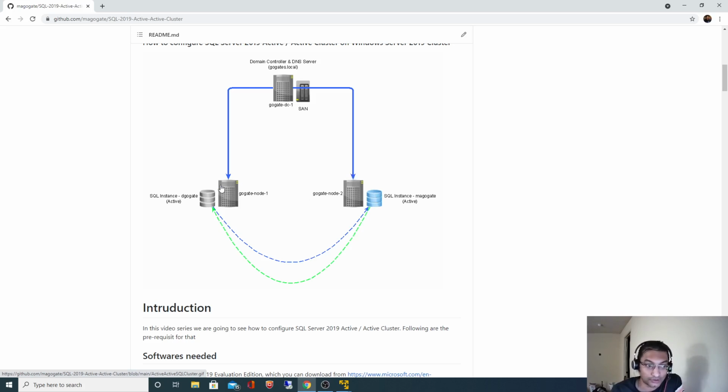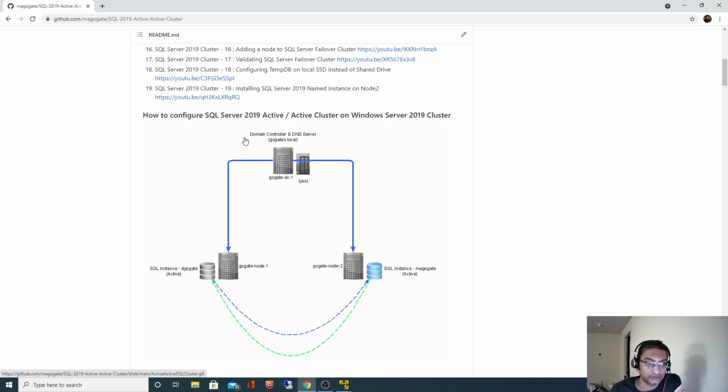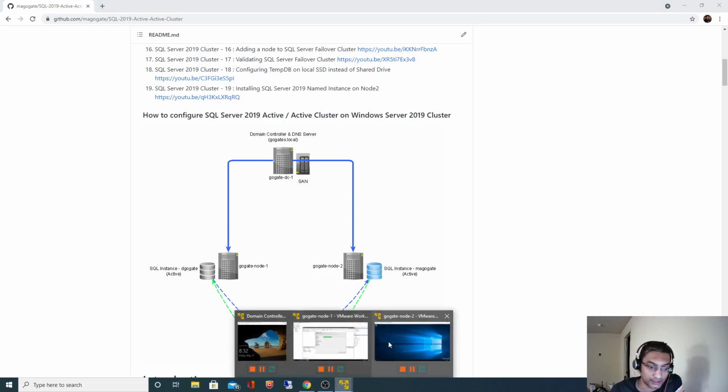So that's why now this one is active and this one passive. And again, the instance which we installed on this, that will be active, and this node will act as passive. So that's how the active-active configuration works. That is the entire purpose of this video series.